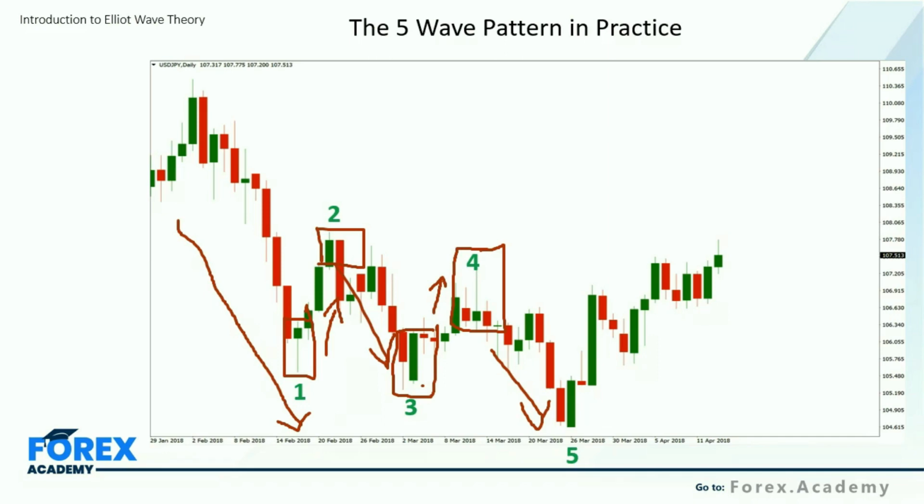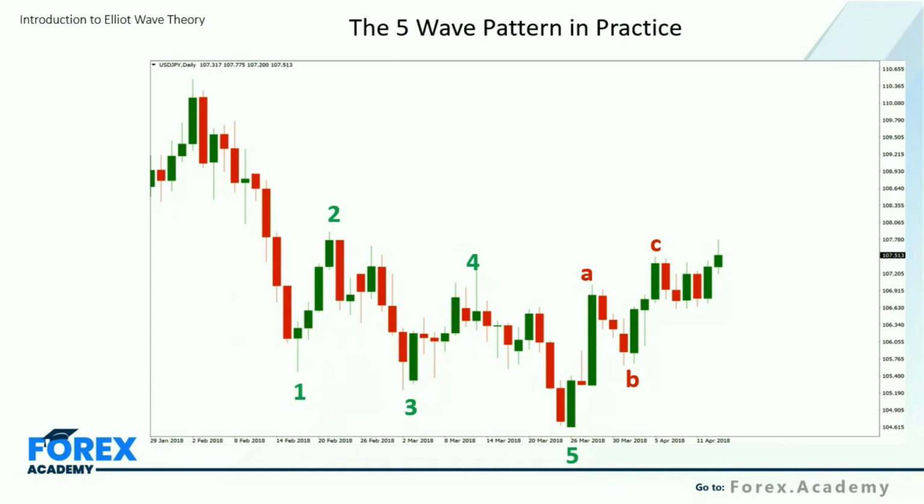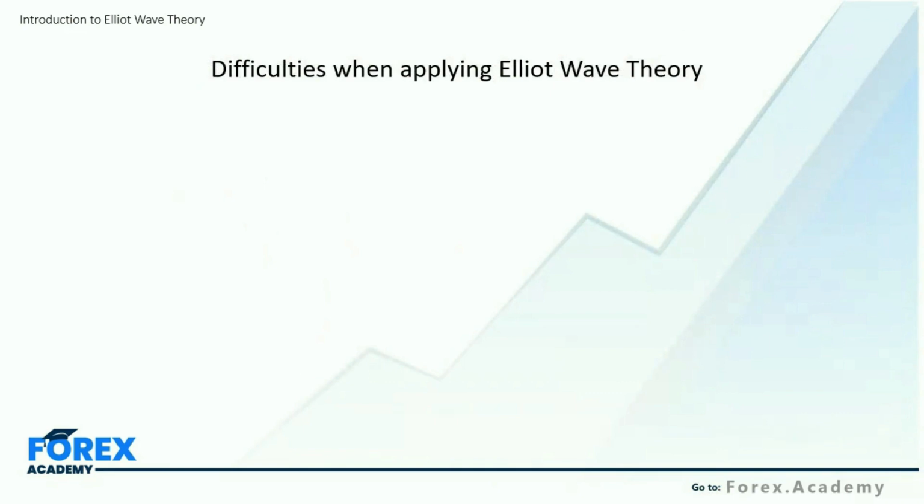And of course, we get that corrective phase once more. So we get the pullback to point A. Prices try to break lower and they fail to do so. We get a point B, and then we get our final point C in this market, again presenting some very interesting opportunities to different traders at different price points and different wave points, whether it's impulsive or corrective. Okay, so let me just take this off the screen